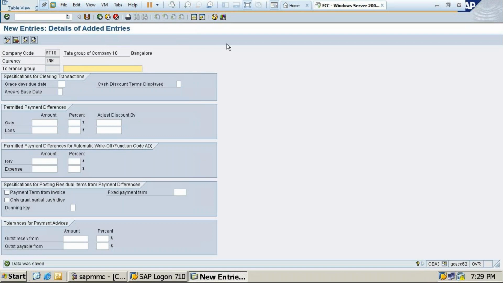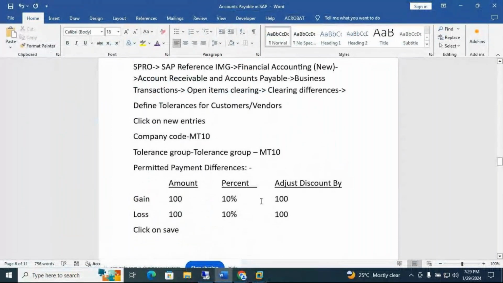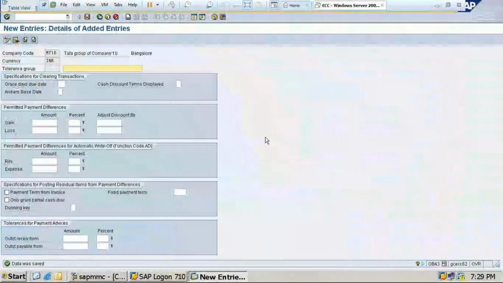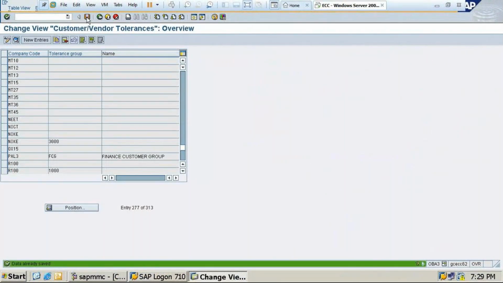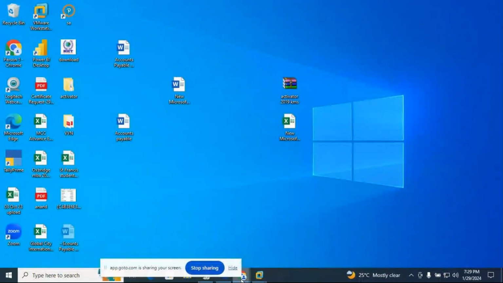So you can mention here, just give the company code and click on the save button. See, this is given, but I am not going to fill it because I already filled it for the GL account tolerance group. Okay, so click on save and come back to the previous position. Now you can see our tolerance group has been created. Come back to this position. Next step is